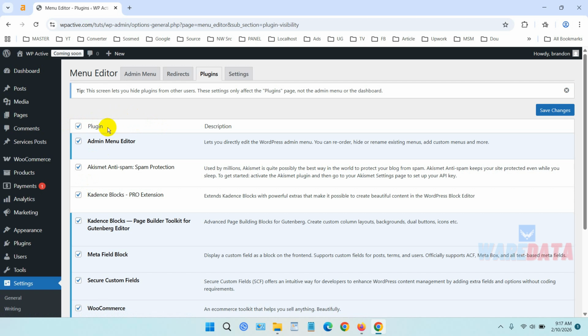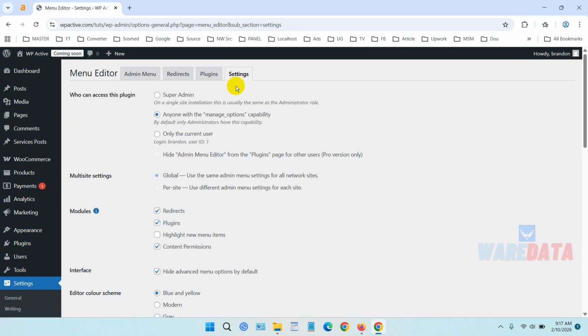If you don't want other roles except administrator to be able to edit this plugin, okay, and the settings, this is the customization related to this plugin. For example, who can access this plugin is usually just the administrator. Anyone with the manage options capability is also like an administrator here. Okay, to hide a menu, you can go to the Admin Menu tab,